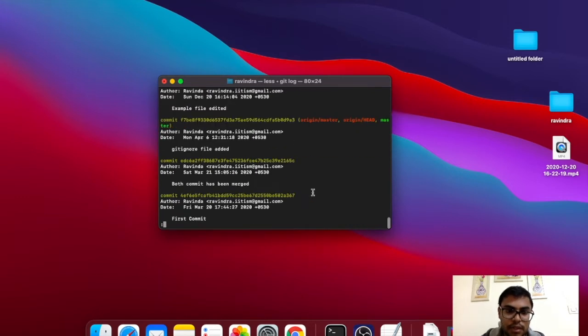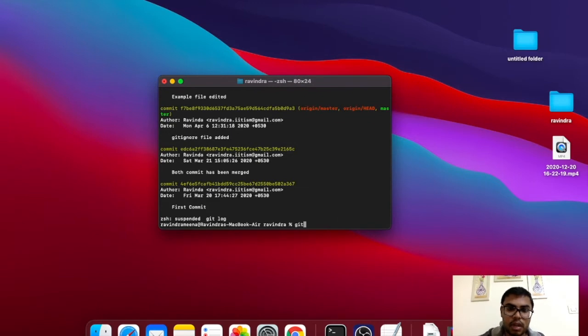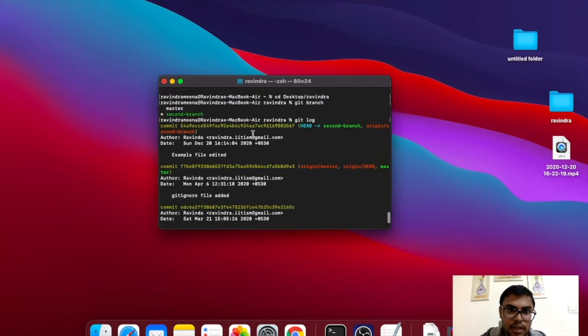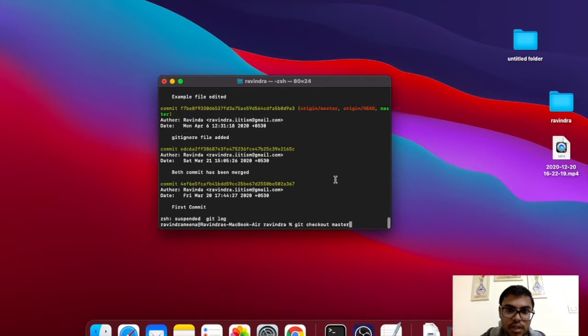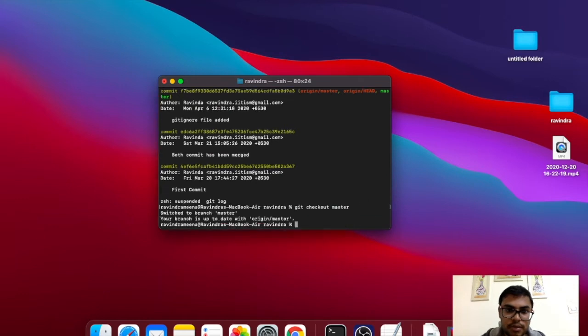I have copied this commit hash from the second branch. Now we are going to the master branch. Hit enter. Now I'm currently on my master branch.